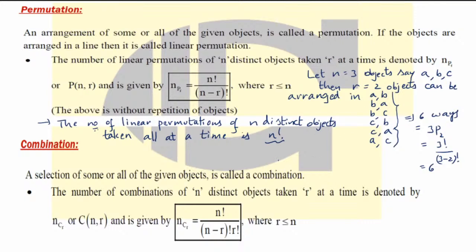If I take 3 objects, 4 objects, and I can select 2 objects, I can write it one by one. If I take more objects, there is a formula invented by scientists. The number of combinations of n distinct objects, all objects should be distinct, no repetition, taken R at a time is denoted by nCr or C(n, r), and is given by nCr